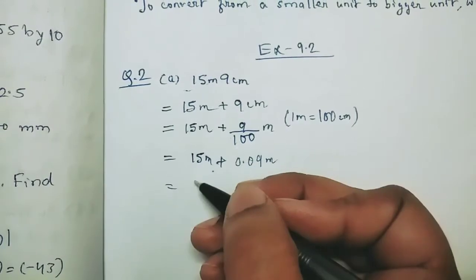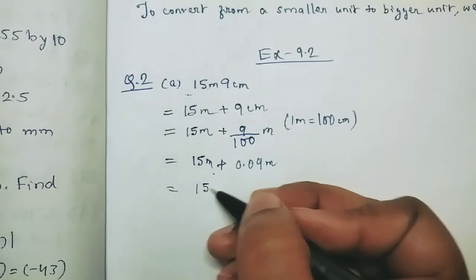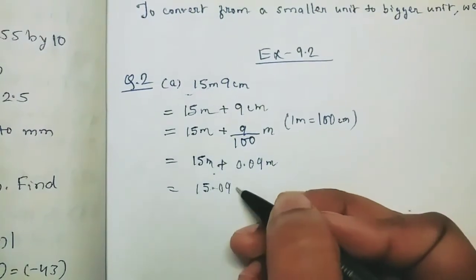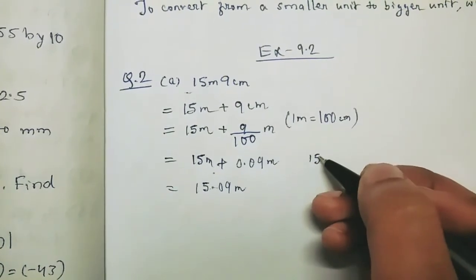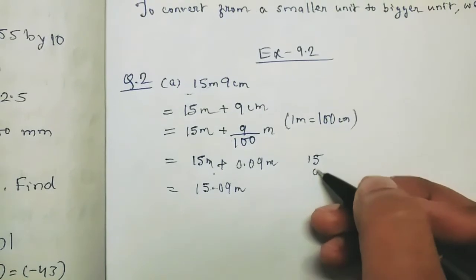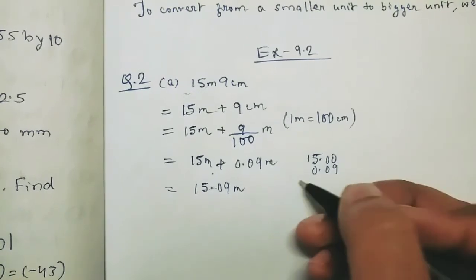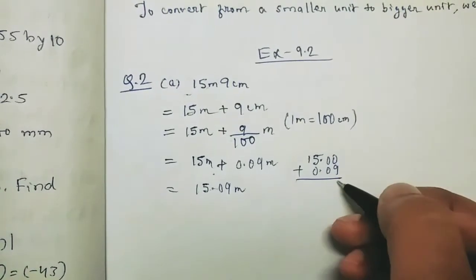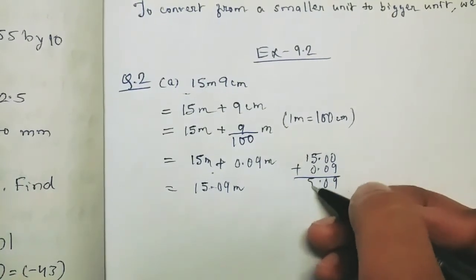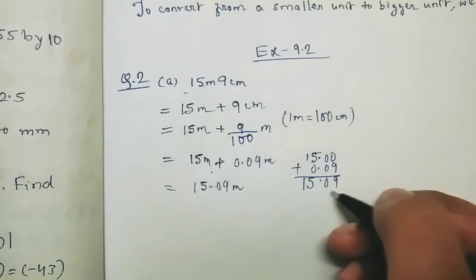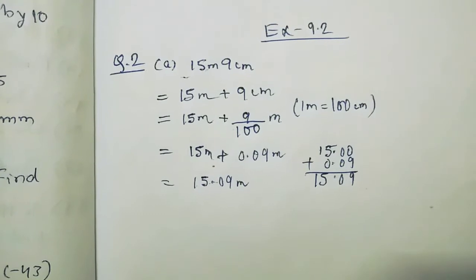So when you add 15 plus 0.09, it will come to 15.09 meter. Understood? So you know how to add 15 here on the top and 0.09. Here nothing is there, so you will have to add extra zeros here, then plus. So this is 9, this is 0 plus 0, the point will come here, then 5 plus 0, 5 and 1. So 15.09 meter. In this way you have to convert this into meter. Now it is converted into meter.